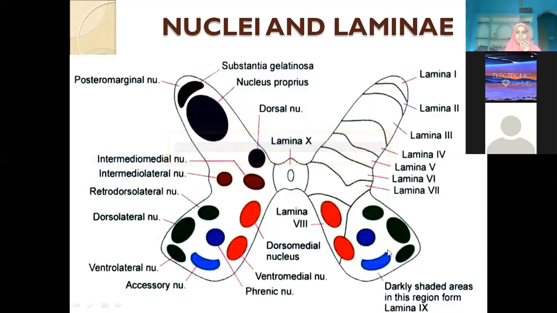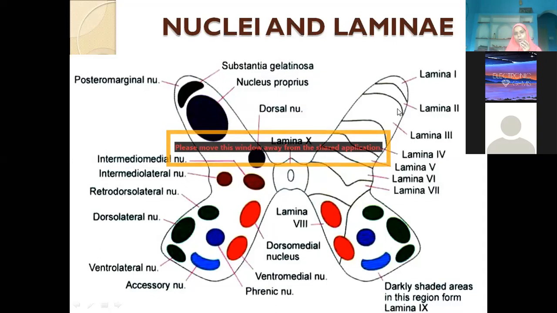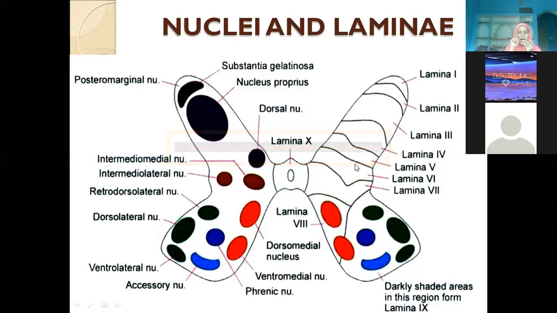Apart from that, the other way we classify is to divide it in the form of laminae. So this gray matter has lamina 1, 2, 3. This is called the lamina of Rexed. We have 10 laminae in numerical order, represented in Roman numerals 1, 2, 3, 4, 5, 6, 7. Then this one is 8, 9, and around the central canal we have lamina 10. It is called lamina of what now? Rexed, R-E-X-E-D. Lamina of Rexed. I told you when we were discussing physiology.